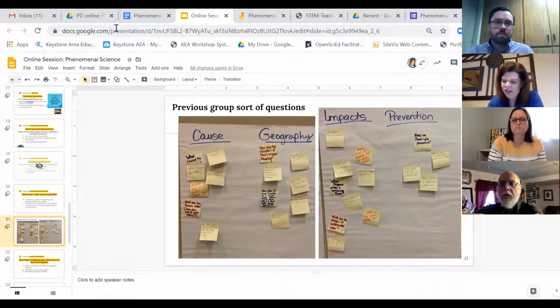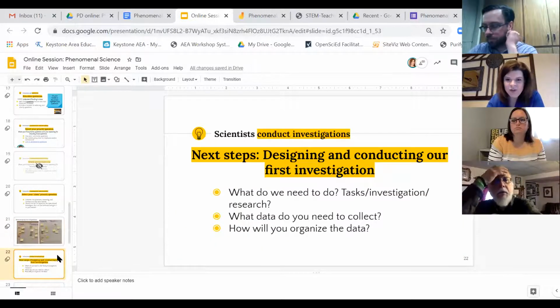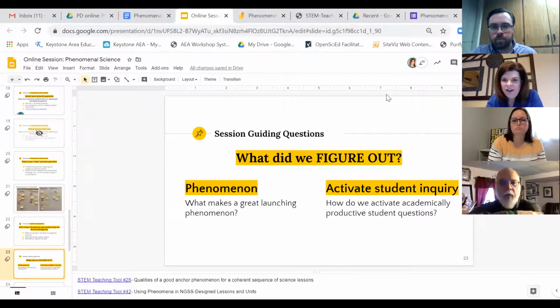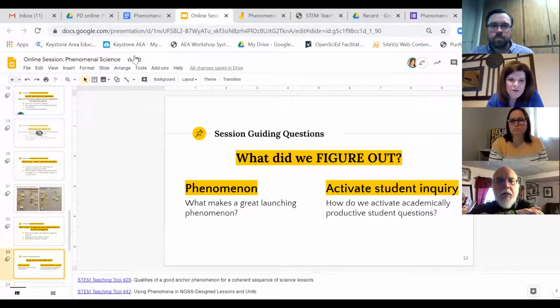And Jason, too, I love, because you often talk about the science and engineering practices and the cross-cutting concepts, and how they were naturally there, like asking questions and defining problems. We did those naturally within the questions that we derived, and even getting into the cross-cutting concepts, cause and effect, those types of things. So it's always fun when they naturally come about and how they support those investigations moving forward.